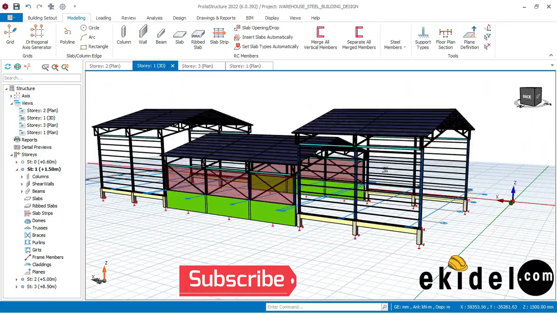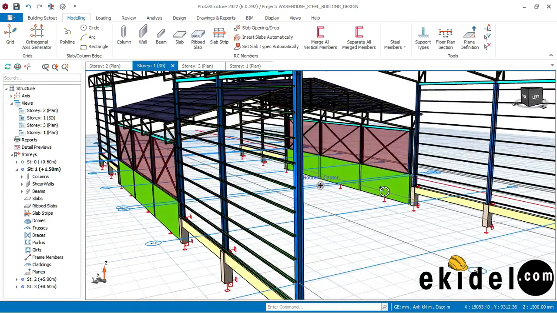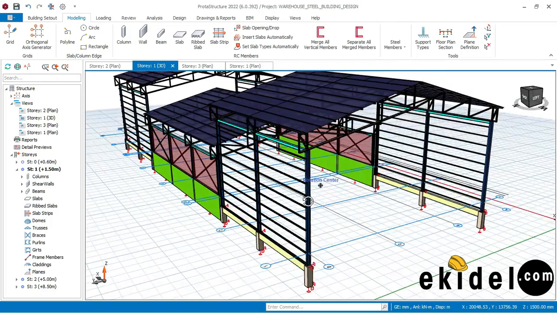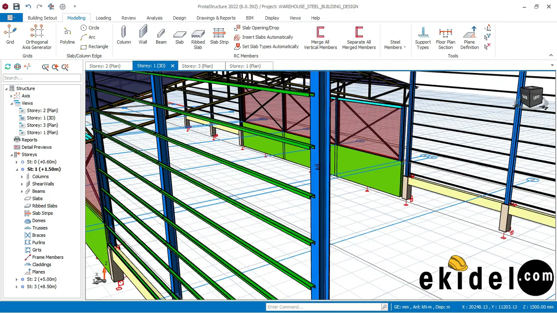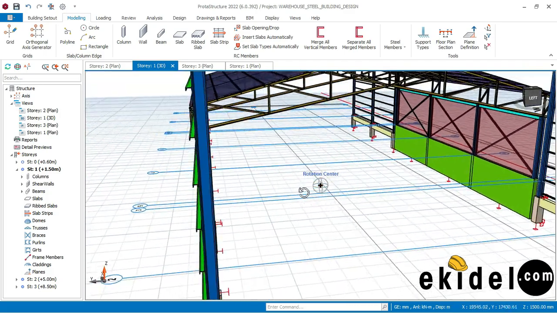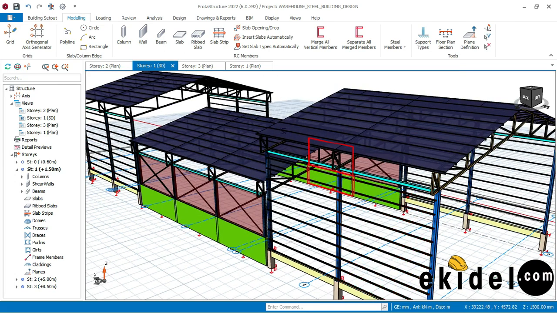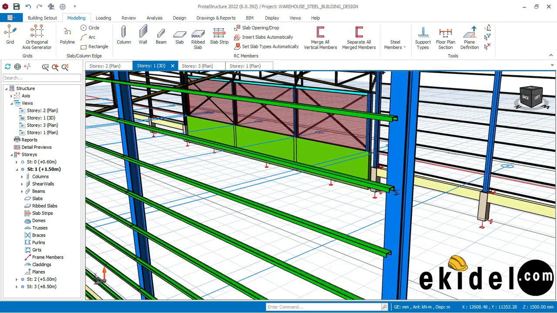I am your instructor. Today, I'll be showing you how to create a side cladding in Protastructure. By the end of this lesson, you will know how to create a side cladding in Protastructure. In our last training for this warehouse steel building design, I showed you guys how to create